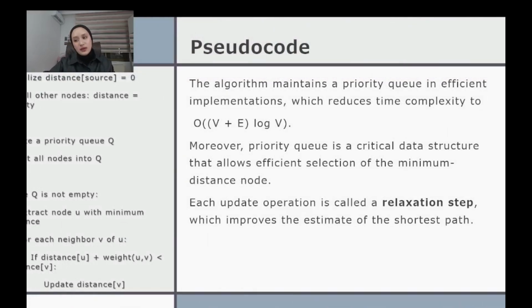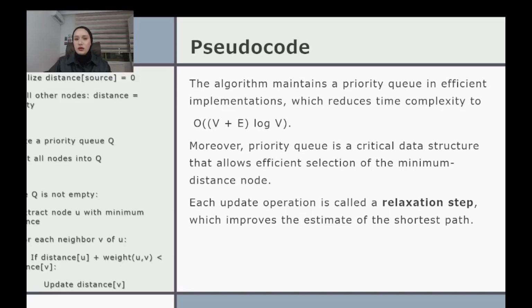Okay, let me now explain the pseudocode in detail. First thing, we have to initialize the distance of the source as 0, and for all other nodes, the distance should be infinity. Then we create a priority queue and insert all the nodes into that queue. After that, we have a loop: while the queue is not empty, we extract node u with minimum distance. For each neighbor v of u, if the distance of u plus the weight of the edge between u and v is less than the distance of v, then we update the distance of v